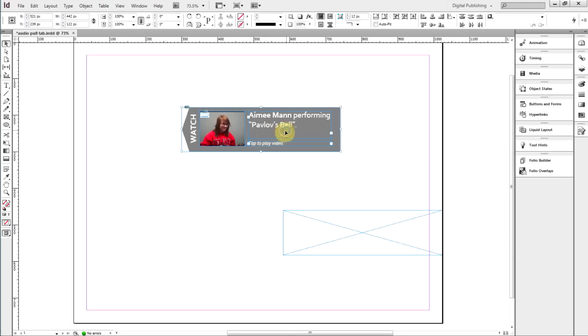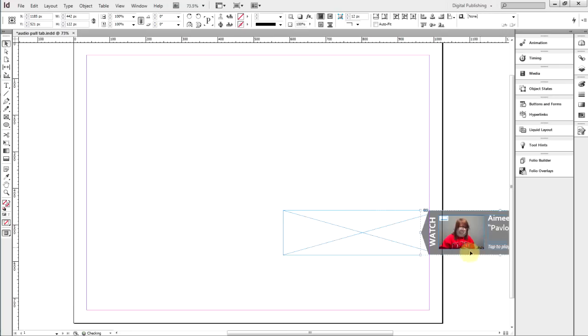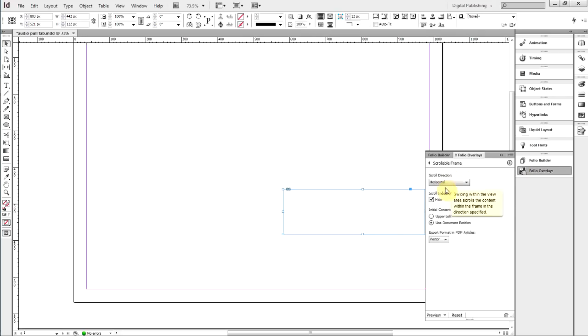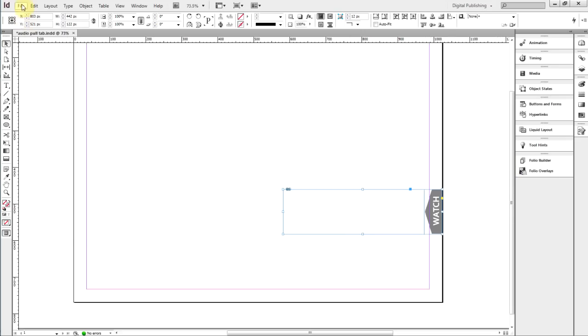Again, select our little deal, then click Group. We are going to move our group down to where we would like it to be, again halfway in between the inside margin and the edge of the page. We're going to cut it and paste it into our box. Again, in Folio Overlays, scroll direction is going to be horizontal, scroll indicators hidden, and using document position for initial content position. Okay, we're going to save this,